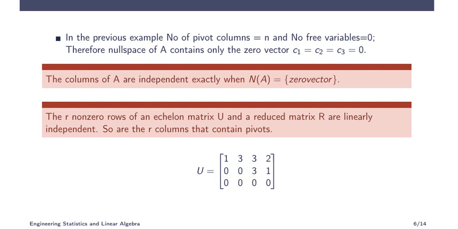Which are the pivot columns here? If you see, this is the echelon form, this makes the staircase. This is the pivot element, the first element, and then this is the second one. So these are the pivot elements. Now this is a pivot column, this is another pivot column. If you take these two, they are linearly independent, and the remaining are linearly dependent on these.